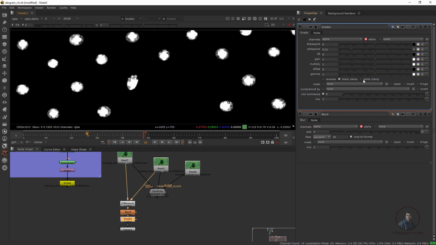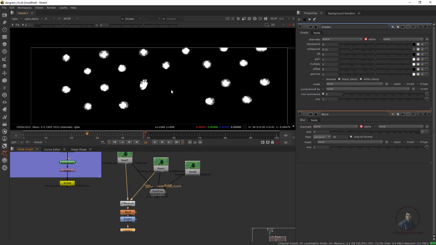Okay, then after this we also have to check this clamp white here. Otherwise, if you look here, we are getting a little bit of alpha values which are actually above 1. So you can see the downside alpha. So just use this white clamp here. Now we are getting this alpha value of 1 here. Even if you want, you can also use a clamp node after this grade node. So this will clamp this alpha value here.